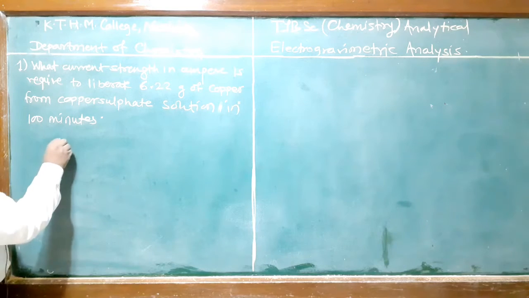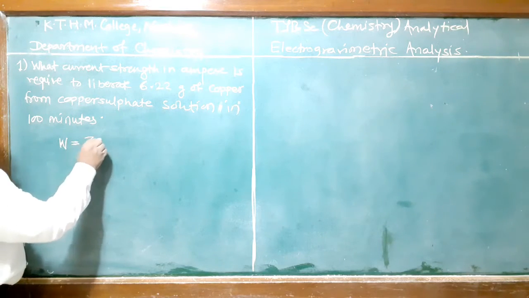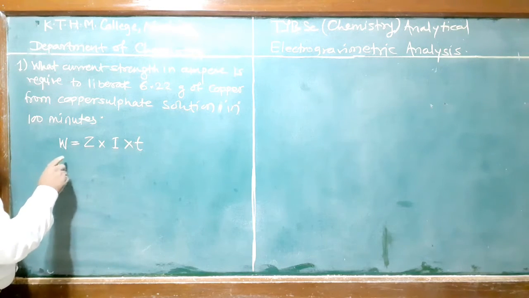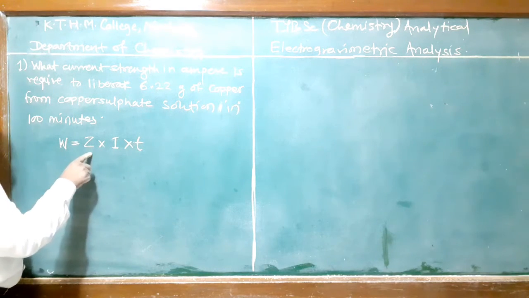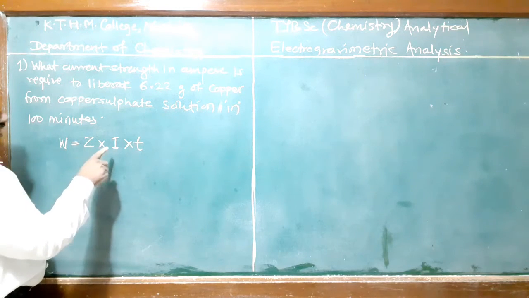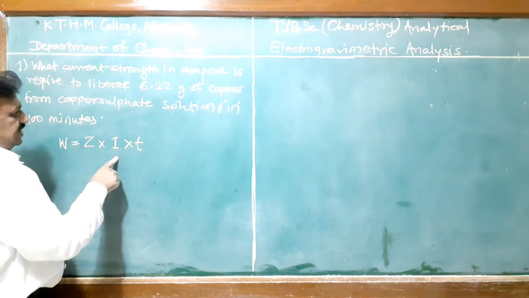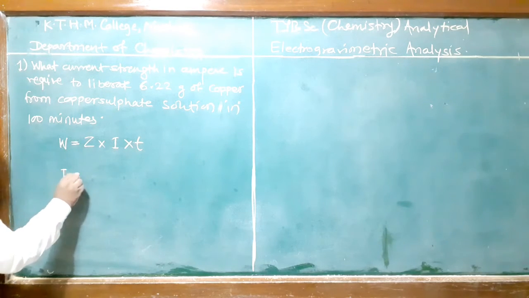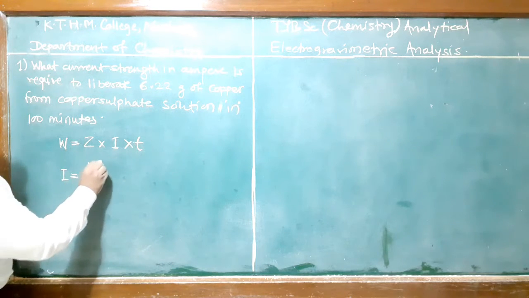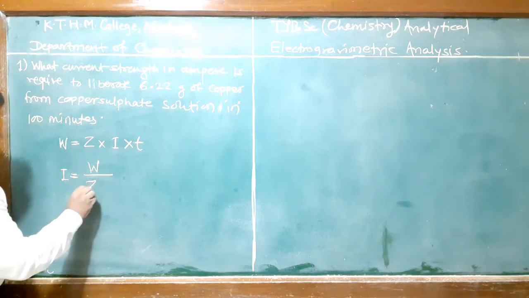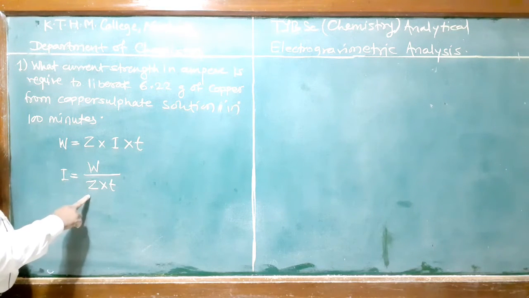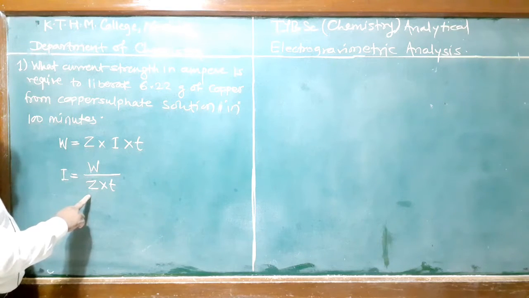Here, according to Faraday's first law of electrolysis, W is equal to Z into I into T. That means W, amount of substance liberated, is equal to Z, electrochemical equivalent, into I, that is current strength in ampere, into T. Here we have to find out I, and therefore I is equal to W upon Z into T. But in this case Z, that is the electrochemical equivalent, is not known, and according to